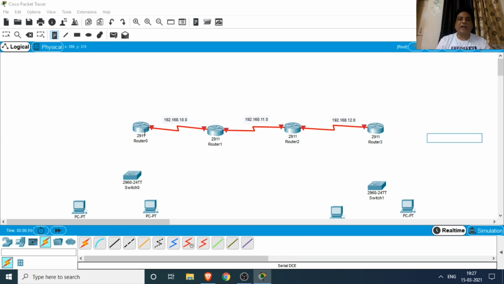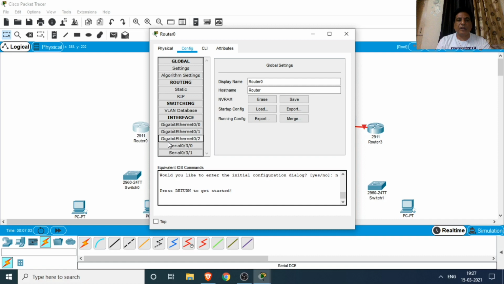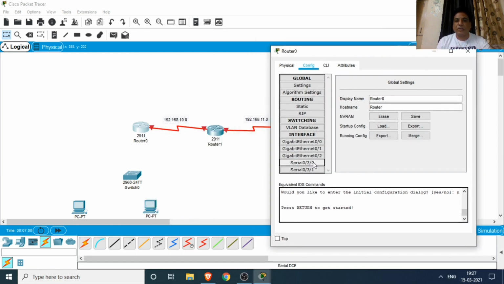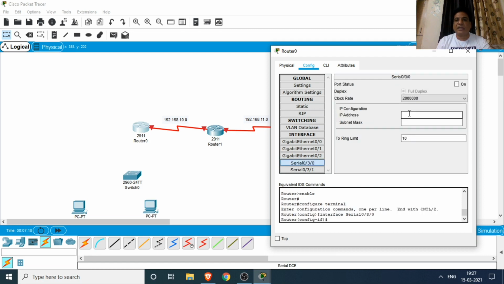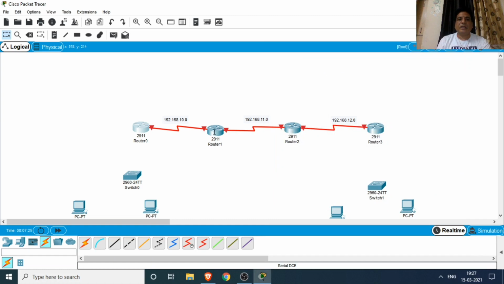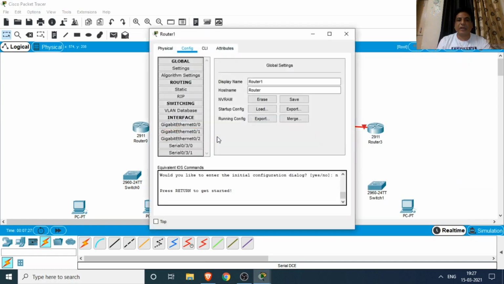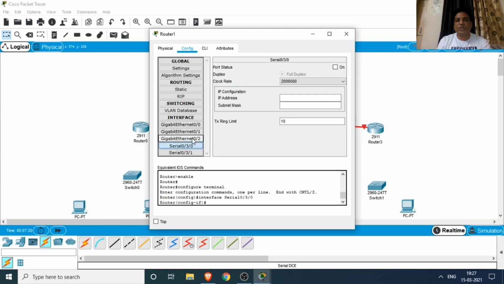Now we assign the addresses to these ports. First we click on the router and assign the IP address to the port. For 0/3/0, the network address is 10.0, so we are assigning the first address, 192.168.10.1, to this port, with the subnet mask for class C. Next we again click on router 1's 0/3/0 port.